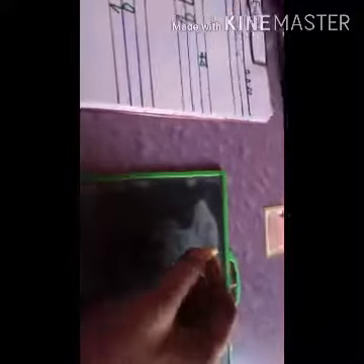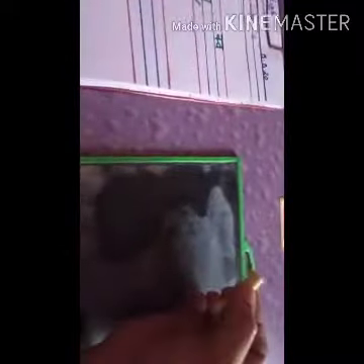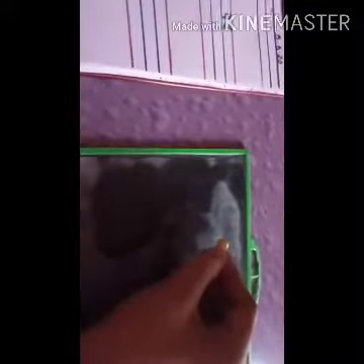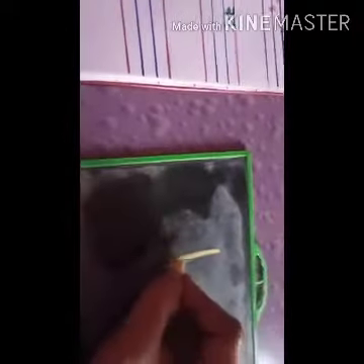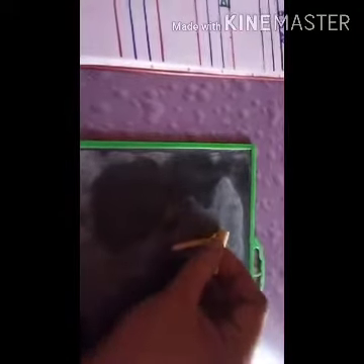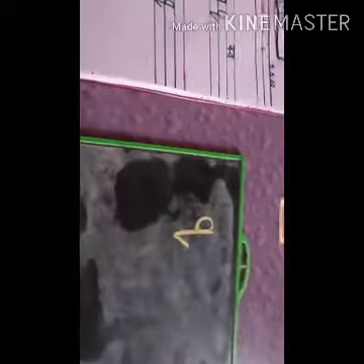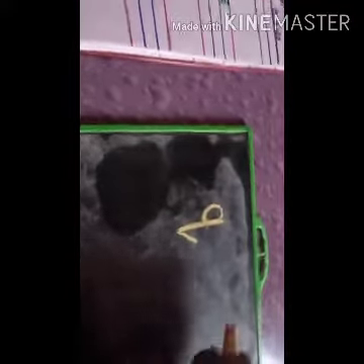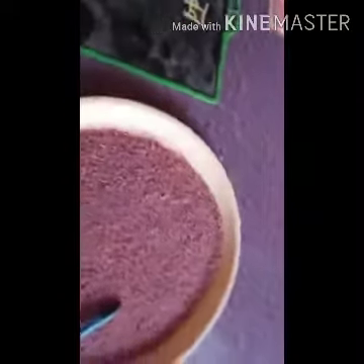Look at here. I have a small blackboard. Now we start the letter Q on our small blackboard. Firstly, make a small standing line. Take it back and make a half circle and then make a tail like this. This is letter Q. What is the phonetic sound of Q? Qua. Q. Qua. Now we do some activities with the letter Q.